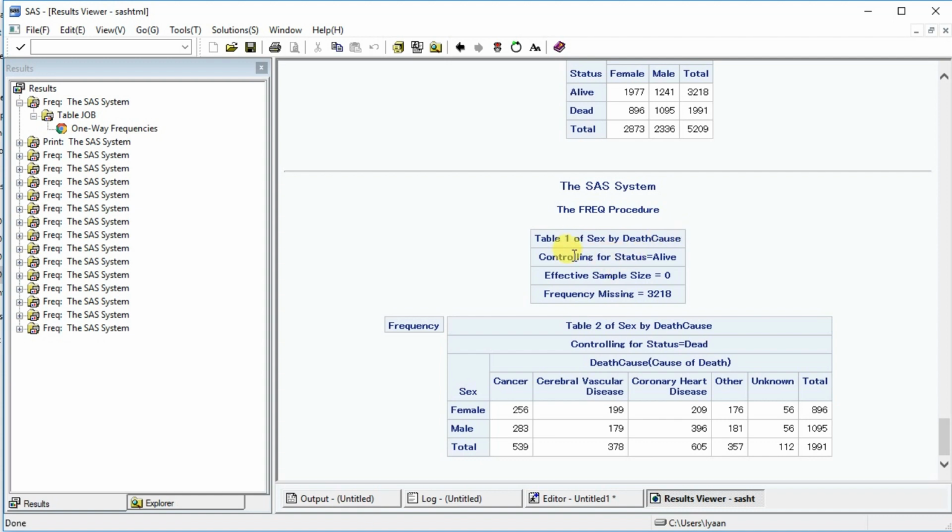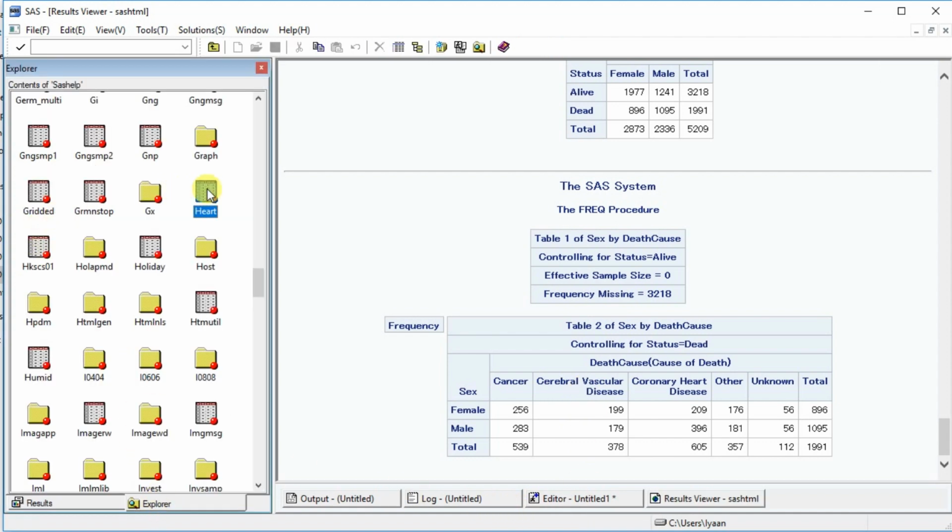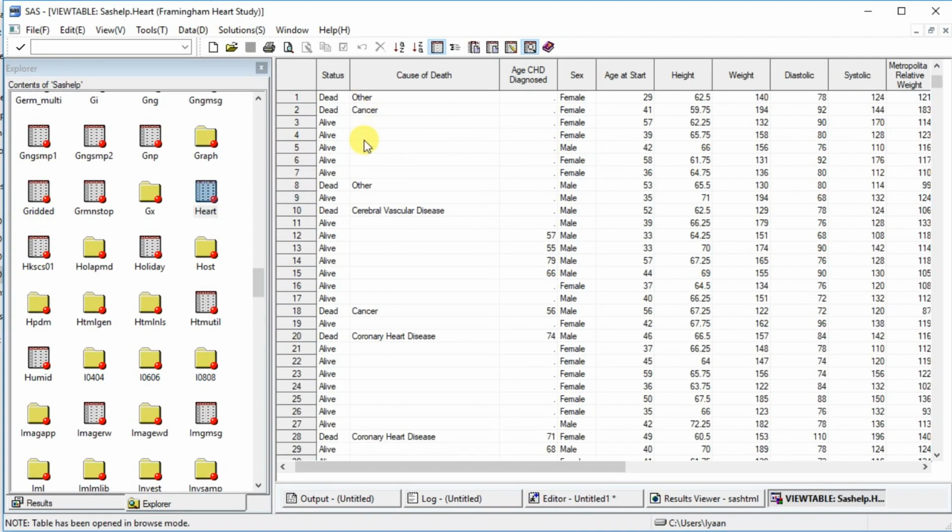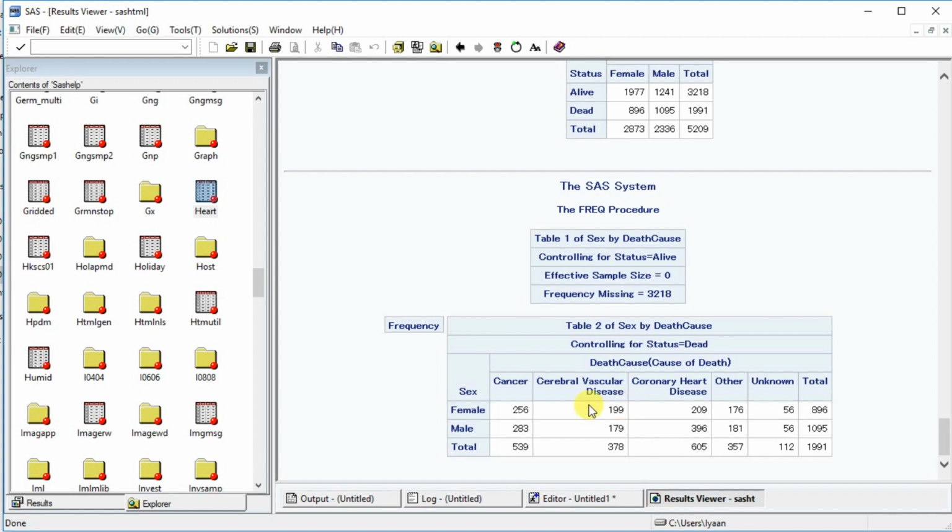So we are controlling the status for alive, and this is the missing frequency, that means missing value, that we really don't know the death cause for these many people, right? Let's see this. Actually the number is this much higher. Yeah, so these are the blanks, right? So they must be in that number. Anyways, so what basically is happening here,